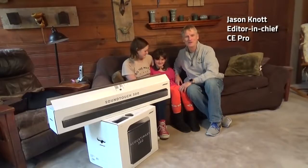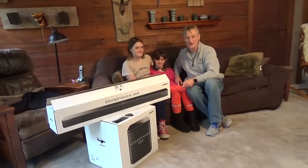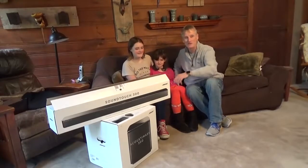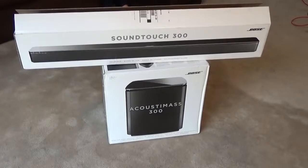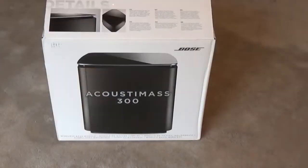I'm excited. We just had the Bose Acoustimass 300 subwoofer and the Bose SoundTouch 300 soundbar delivered to my house. We're going to install them in my living room, dining room, and see how it sounds. First off, the consumer packaging is impressive, so integrators shouldn't be hesitant to open up the boxes in front of